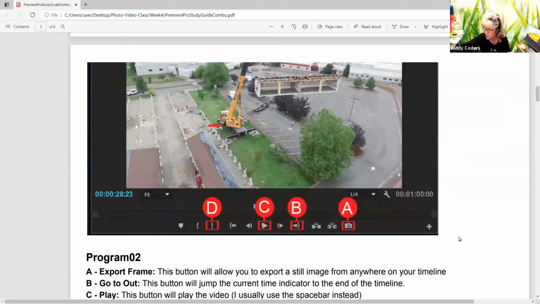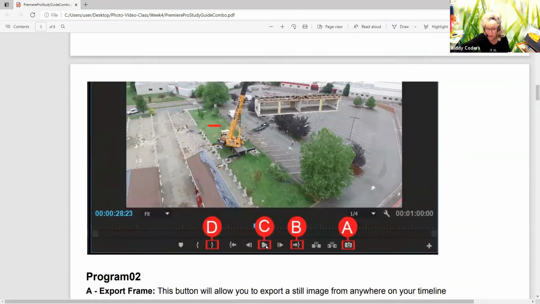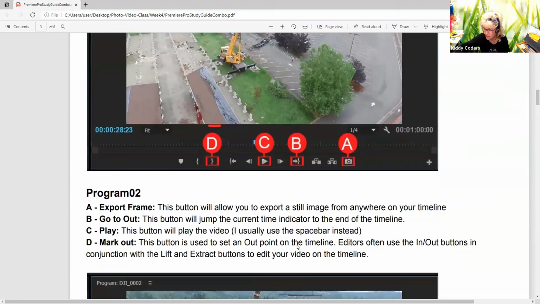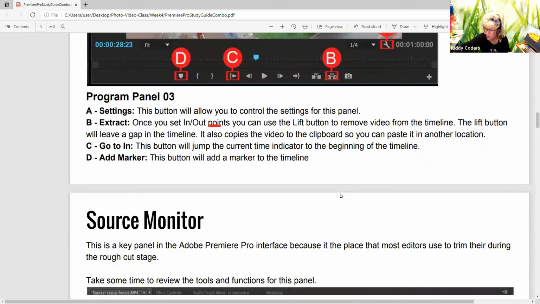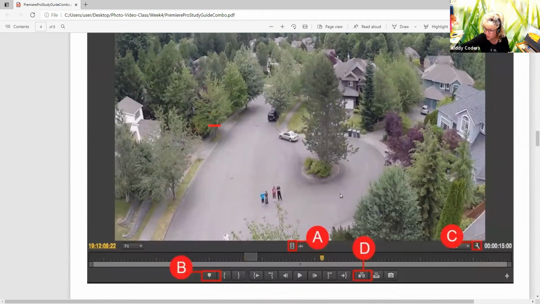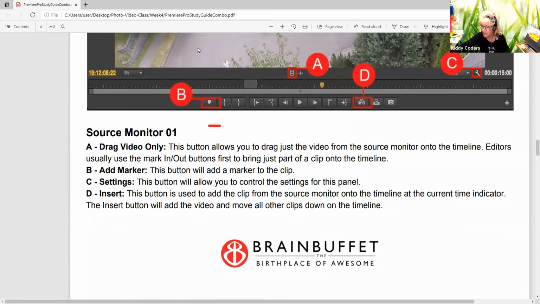And here's a clip right here. You can see this is the play button, of course, and that's the fast forward to go out to. And this is the export frame. Okay, so that's our quick overview of the tools